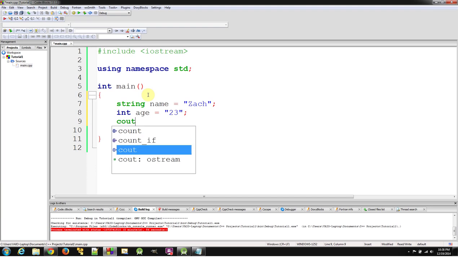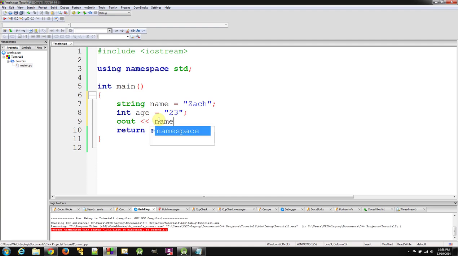We could say something like console output, cout, the two less than signs, don't forget that, and then we could say name, two less than signs, and then that's going to be a raw string that we are inputting into this output stream right here. And then less than signs, age, less than signs, years old, and then we'll even throw in a new line, endl, right there. And when we printed that,